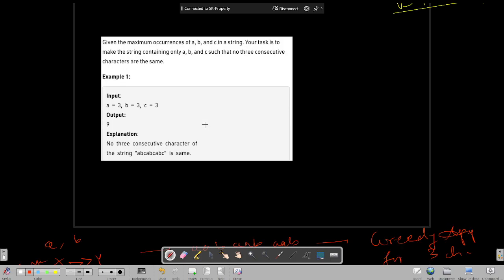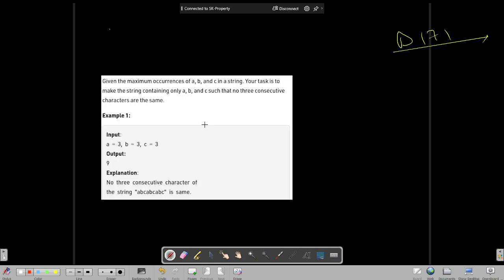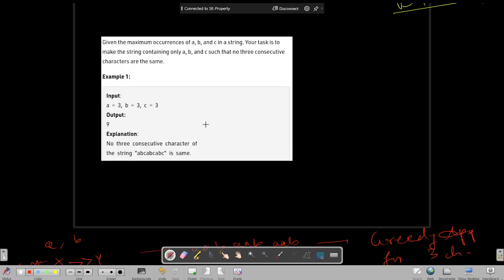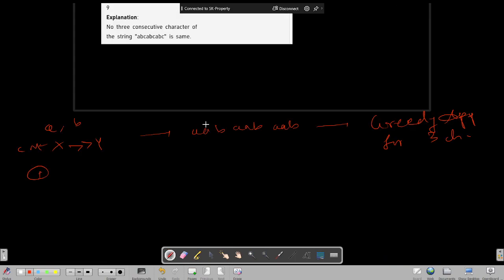Okay, so let us forget that there were three characters. Let's start from the ground level. Let us assume that we have only two characters, and we have to make a string such that no three characters are repeating. And I am assuming that the frequency of one character is very high. Let's say the count of A is X and the count of B is Y, where X is much greater than Y. If I have to form the maximum length string using the same constraint as mentioned above, that no three characters repeat, then